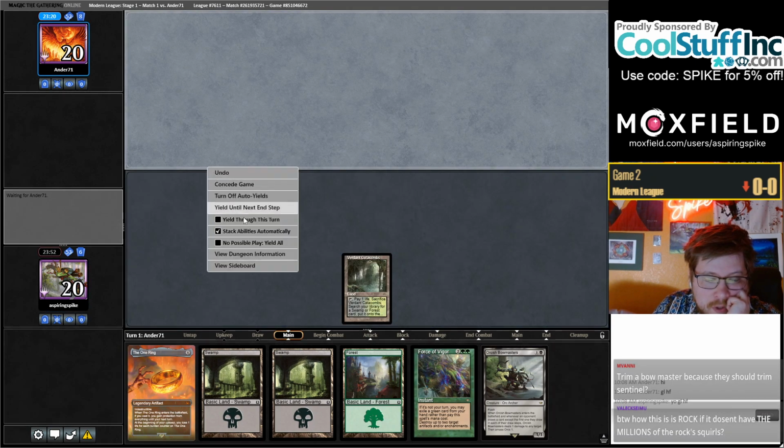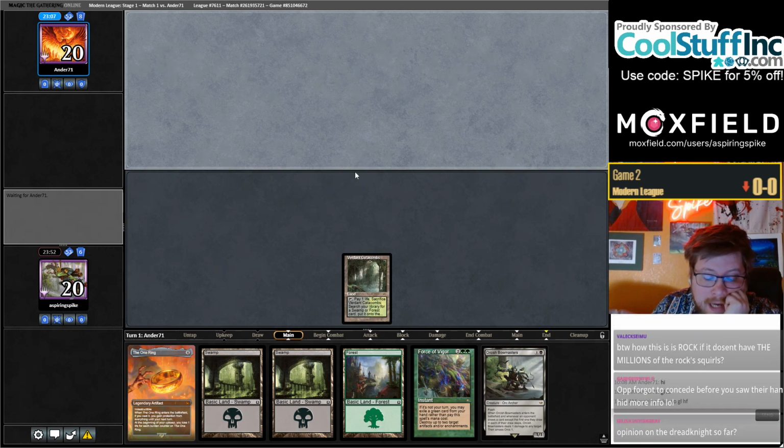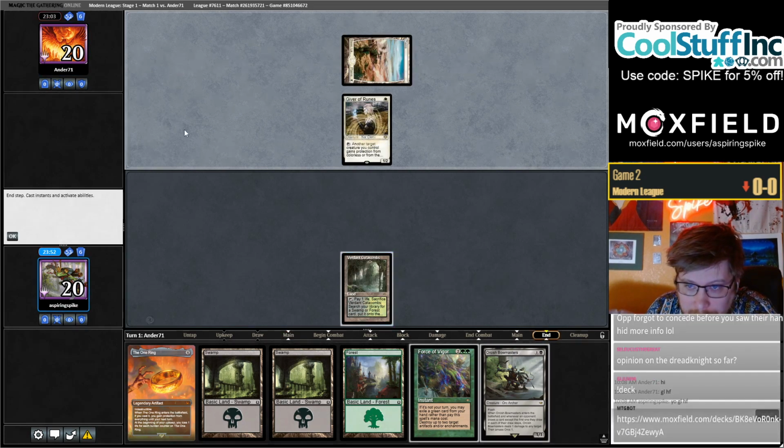Trim Bowmaster because they should trim Sentinel. I mean, Bowmaster is, I think, even fine against them. Like you can trim it. I think if we had better cards than Bowmaster, maybe, but I actually don't know that they should be trimming Sentinel. This is something that I think is still a little bit up in the air, but